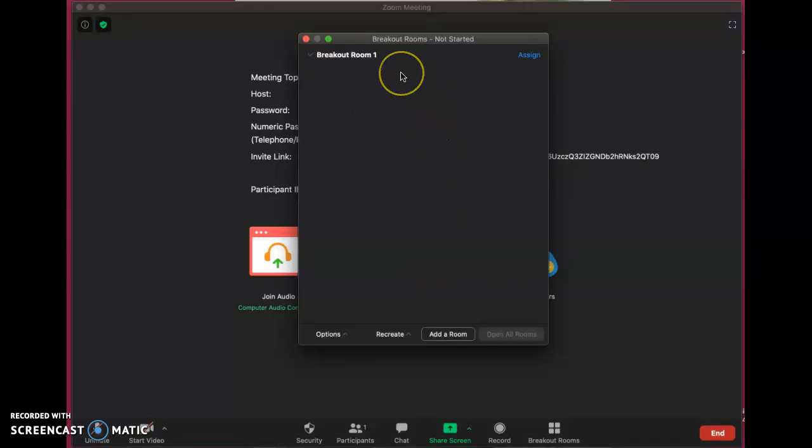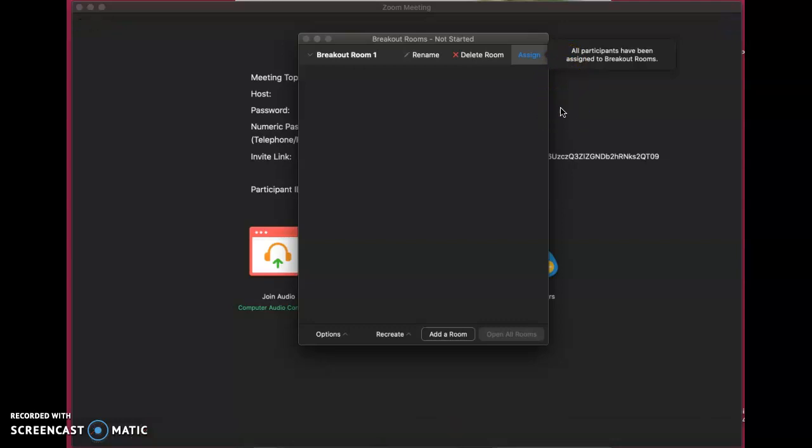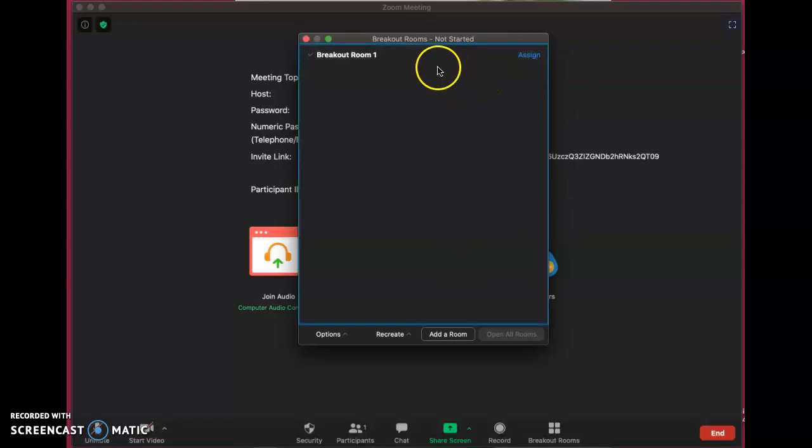Now once you create your breakout room, when you're ready to actually break them out, then you click assign. And right now, since I have no participants, nothing's showing up. But over here would be a list of everybody in your Zoom session, and there will be little boxes that you can check to be able to select who's going to go into that breakout room. And then once they accept, then